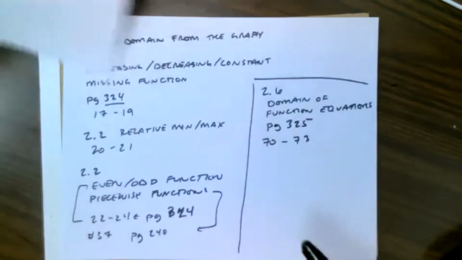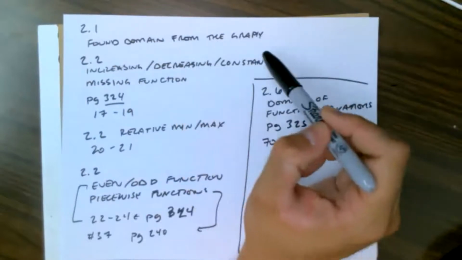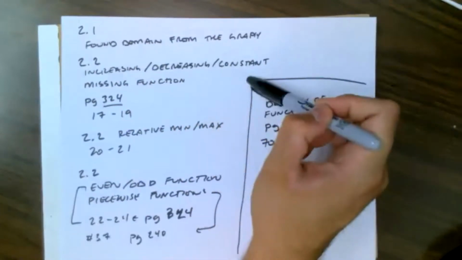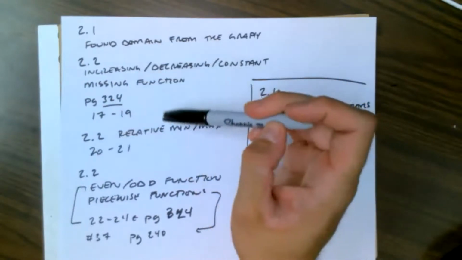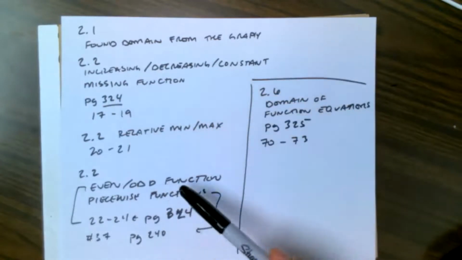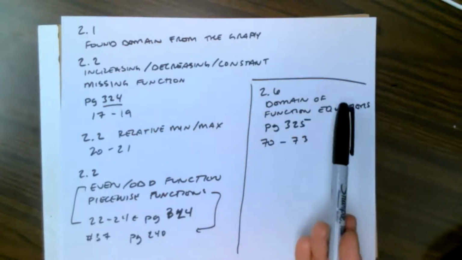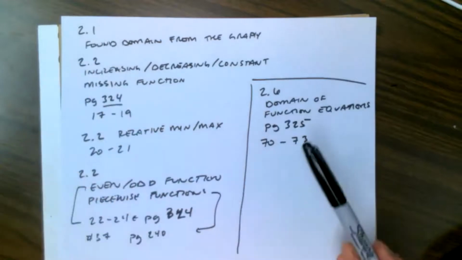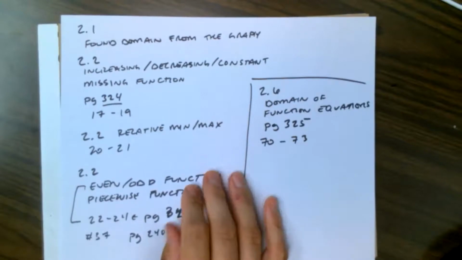function notation. Then 2.1 and 2.2 kind of blend together when it comes to finding the domain of the graph, where is it increasing or decreasing or constant, and what are the missing function values. And then 2.2 then continues with finding relative min or max. And then we go into what we did today, even, odd, symmetry, and the piecewise function. And then 2.6, which really I did on that first 2.2 lecture, but 2.6 is finding the domain of function equations. So that's what's going to be on the test. So that's what the 25 questions